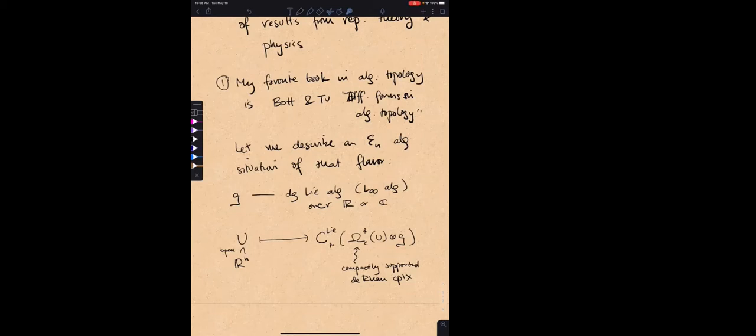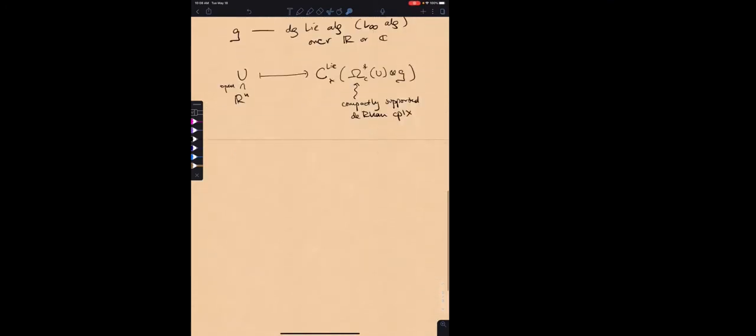If you take a DG Lie algebra or L infinity algebra, you can always tensor it with a commutative algebra to get a bigger DG Lie algebra. And so we can take Lie algebra chains of this. This is a perfectly reasonable construction. It's functorial in open sets of Rn, and you can use that functoriality. If we just focus on disks, they give us the multiplication maps